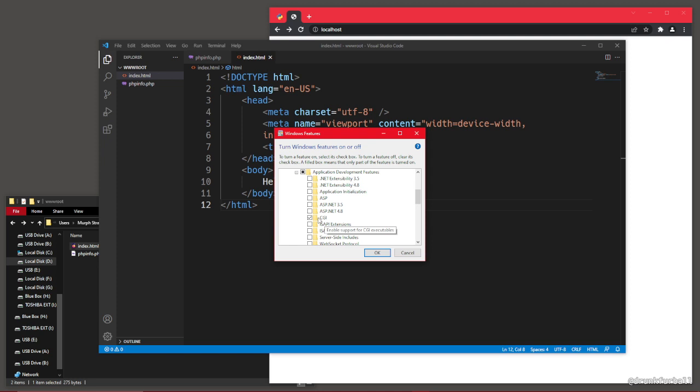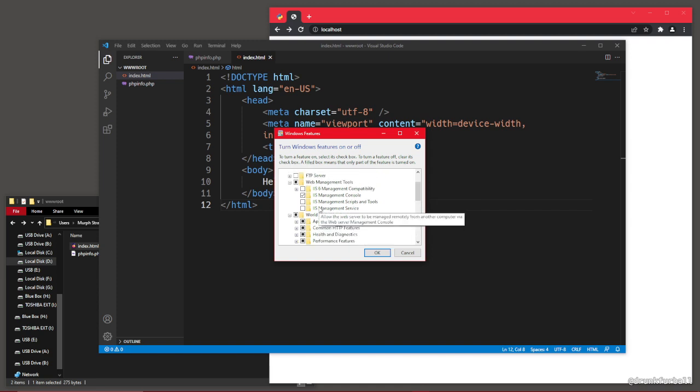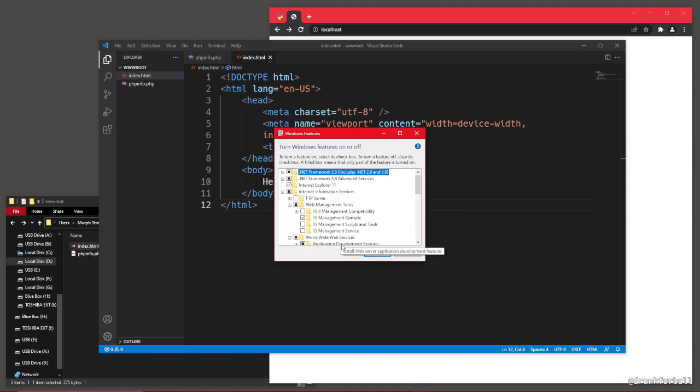I have some CGI on there so that I can run PHP scripts later. Don't have to worry about that for now. I don't recommend actually doing any of this yourself until you know what you're doing, and this will mainly come in handy for the back end. But this is just to show you what I'm doing,